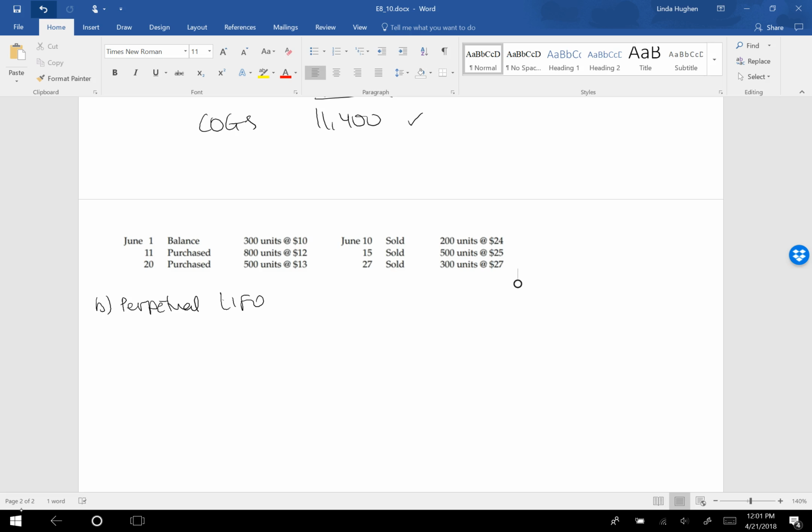So if we want to, we can also calculate the cost of goods sold. But let's start with the calculation of our ending inventory. All right, so with the LIFO, we say the most recent purchases are the first ones sold, accounting for at the time of the sale. So as I just mentioned, from this June 10th sale of 200 units, we say that they all came from that most recent immediately preceding purchase, which was the beginning inventory. So from that June 1st beginning inventory,